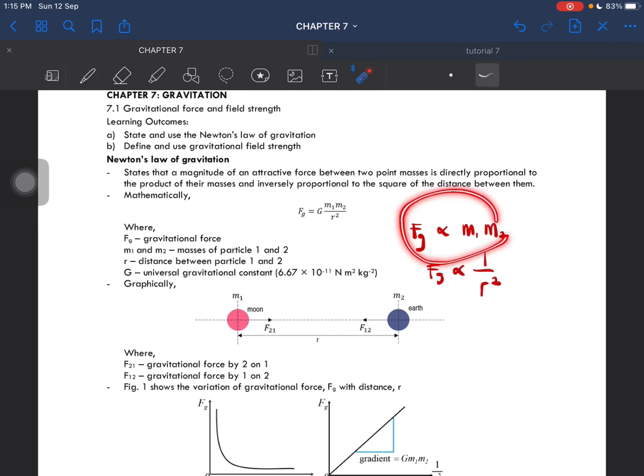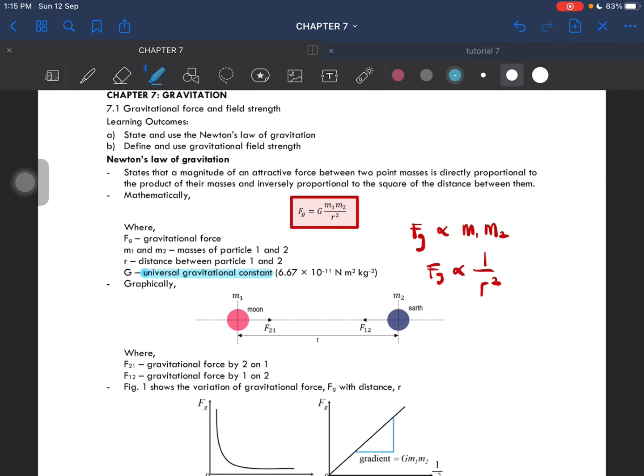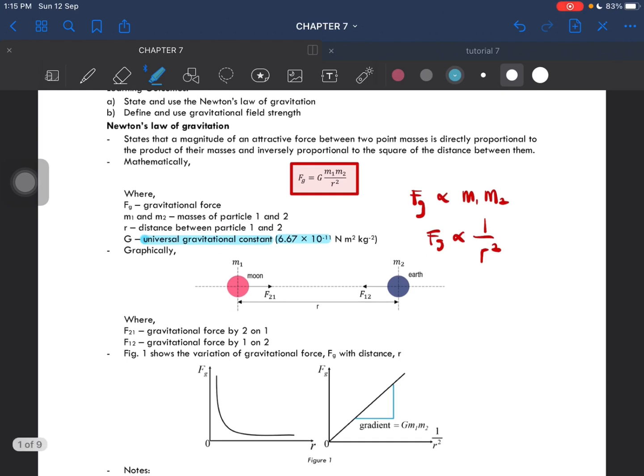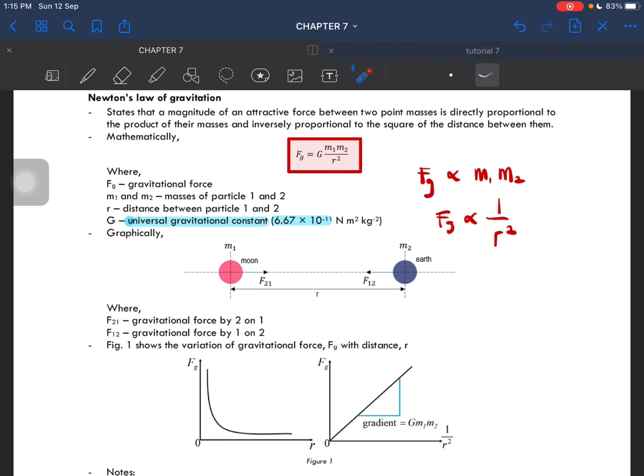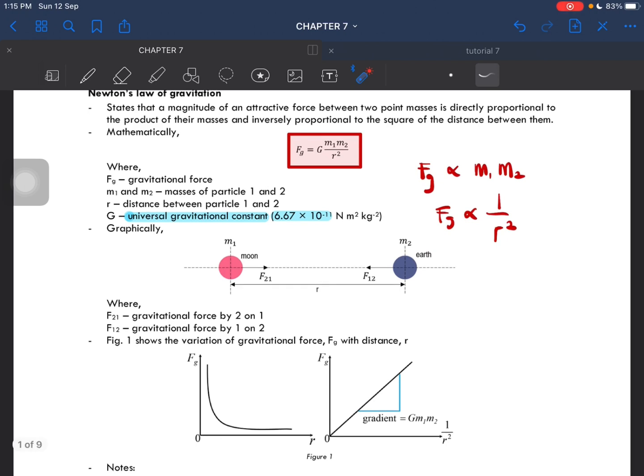Mathematically, you can also write it down as this formula itself. G here is the universal gravitational constant, with the value of 6.67 times 10 to the power of negative 11. Graphically, you can draw two masses, for example, this is the Moon and this is the Earth. So this gravitational force can be written as